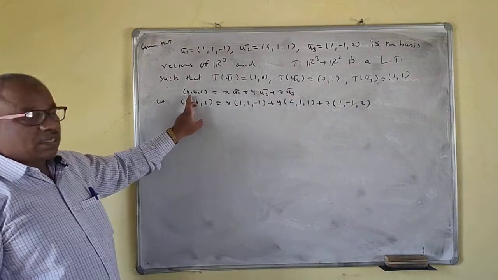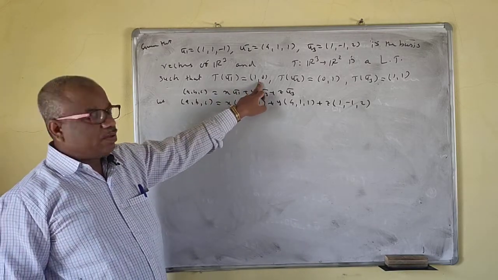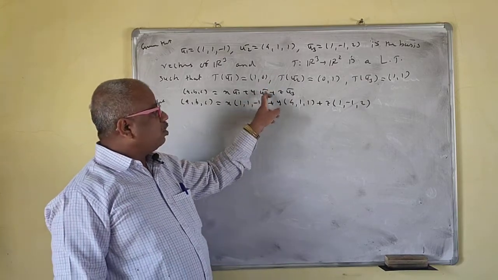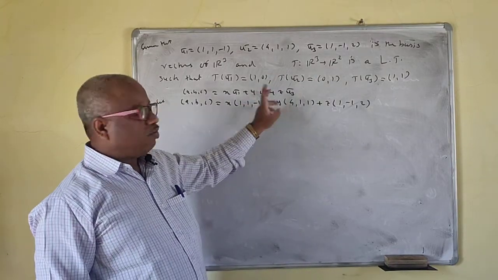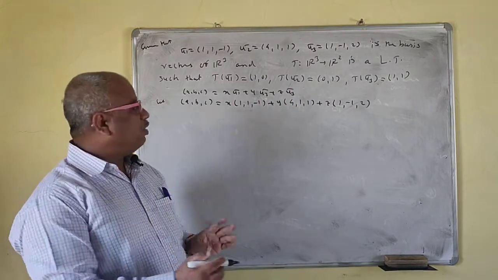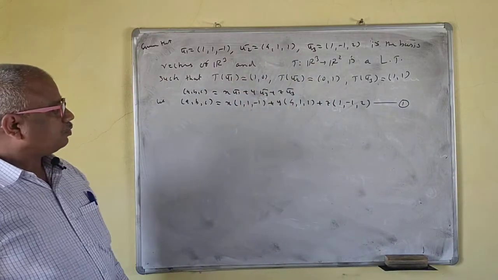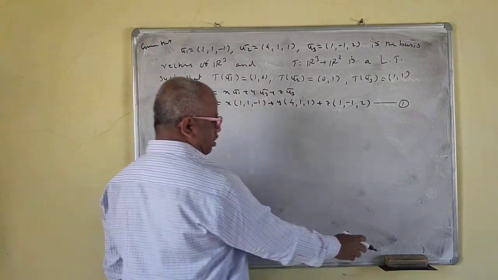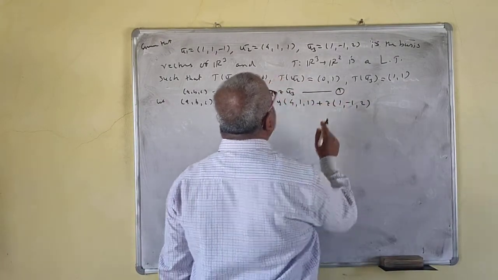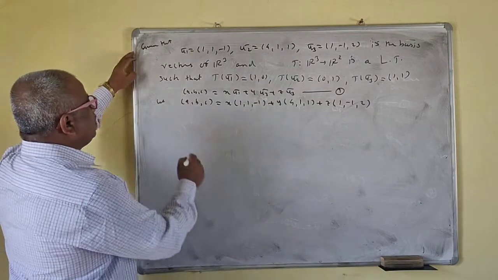Now you will get T of (a, b, c) equal to x times T of u1 bar, whose value is given, plus y times T of u2 bar, because x, y, z are scalars, and the value of T of u2 bar is given. After that we will find the values of x, y, z in terms of a, b, c and then apply it. Directly we are given T of e1 bar and so on. So now we get a system.